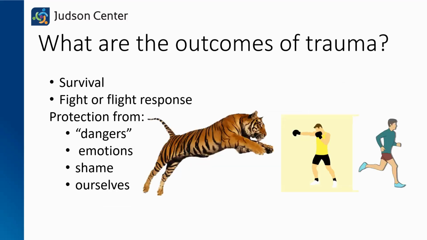So what are the outcomes of trauma? Our body and mind's main focus is survival. Our main way of surviving is through an internal instinct that we call fight or flight mode. For example, if you see a tiger, your natural instinct would either be to run away from the tiger or fight the tiger. People with significant trauma experience fight or flight mode when triggered by a specific event, a situation,